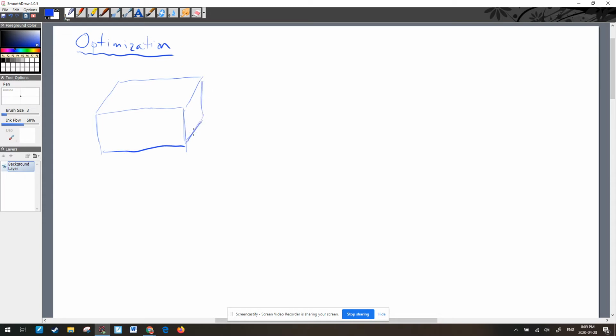Now, Jad is very particular about his aesthetics, and he knows that the width of his box has to be double the length of his box. So if this is going to be L, this is going to be 2L. And then the height is, well, it's just the height. Now,